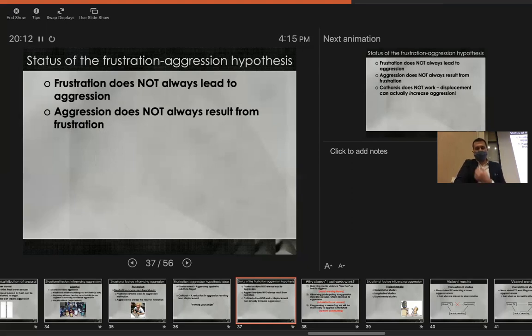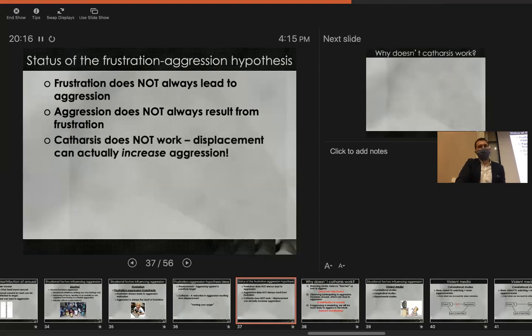Maybe more importantly, though, is that we now know that the idea of catharsis doesn't really seem to hold. Okay, catharsis doesn't really work. This is a very common belief that it does work. There's a very common belief in this society that if you're angry, that anger is going to build up inside of you and you've got to release it. And so people might recommend that if you're angry, to hit a pillow or something like that, or scream or something. And the idea there is that that will reduce the